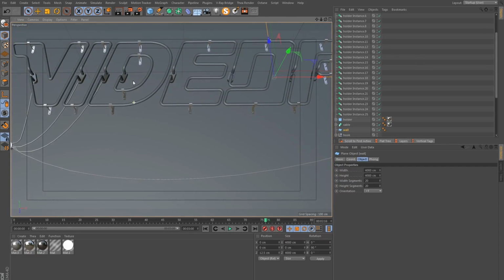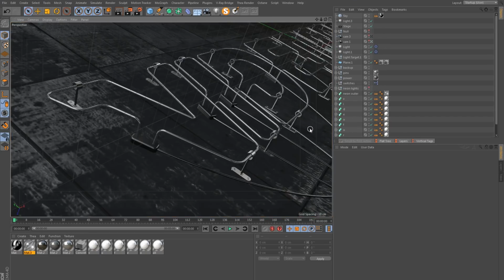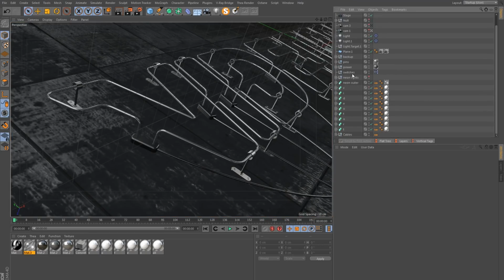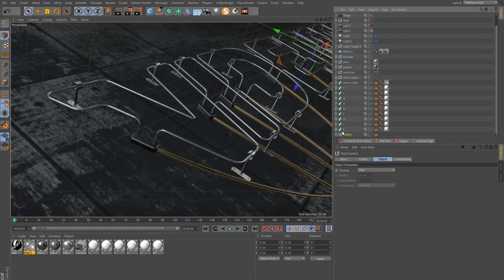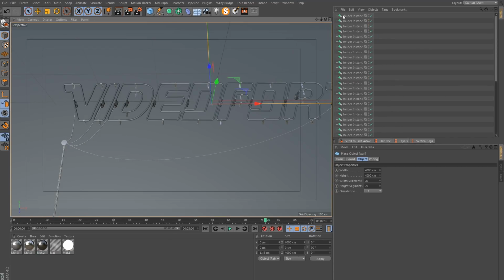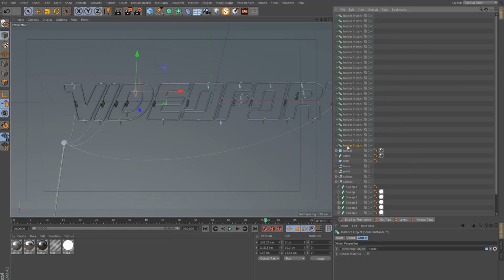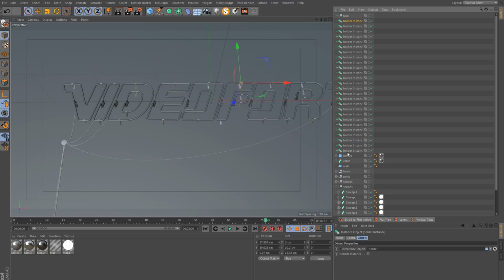And of course I am missing the other cables. So let's see if I can maybe grab those from this scene, just so we can move on to the next stage, which is the camera animation and how to do the light flickering animation as well. So if I bring back these cables here, and again, let's just keep things as organized as possible.